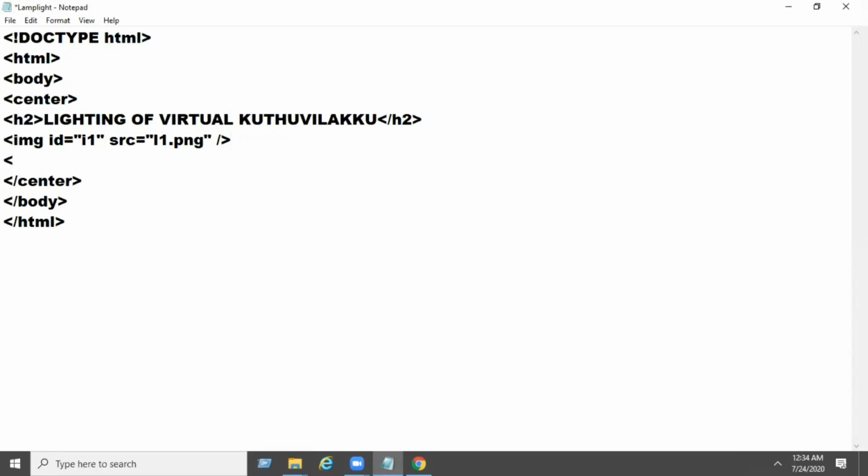Then move on to code. Add a button, that is input type equal to button, value equal to chief guest 1.